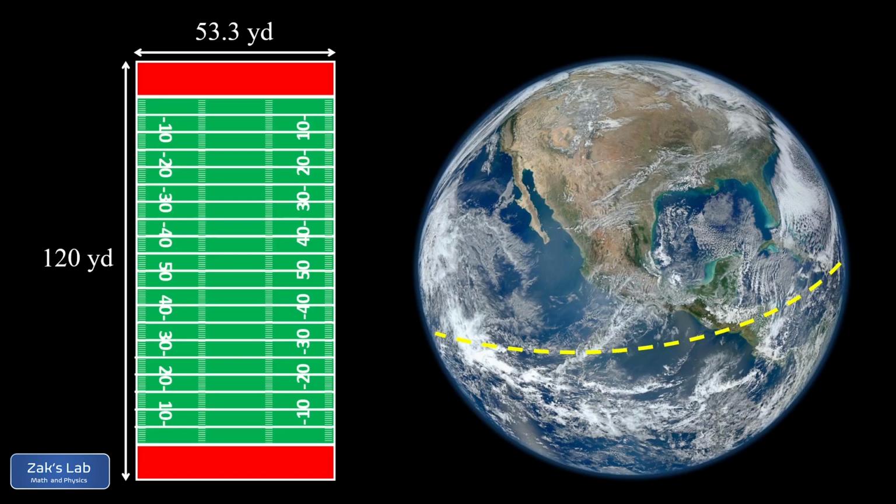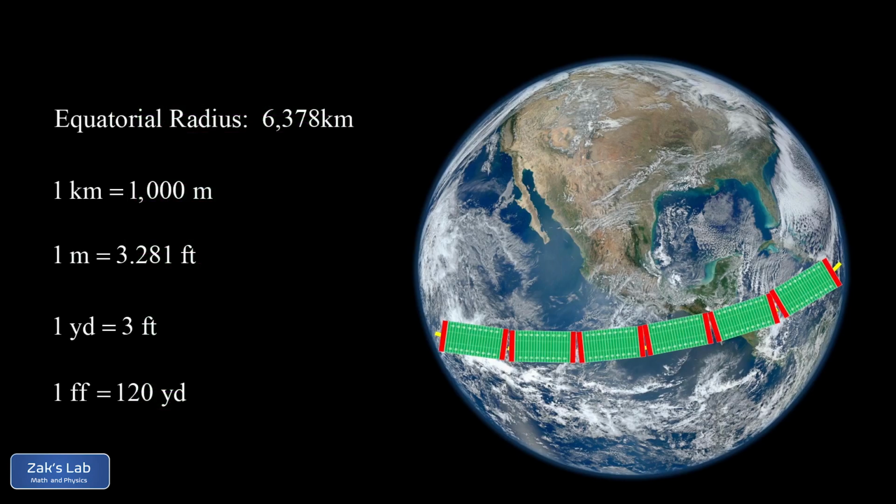And speaking of the world, we're going to kick things off by measuring the circumference of the Earth in football fields. So we're given a big table of data and conversion factors on the left. And I want to point out in particular that I'm going to call the length of the football field an FF, and that's 120 yards because I'm including both end zones. And we notice the radius of the Earth at the equator, that's the equatorial radius in the table, is given